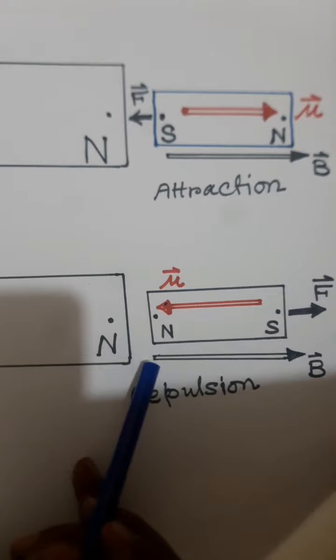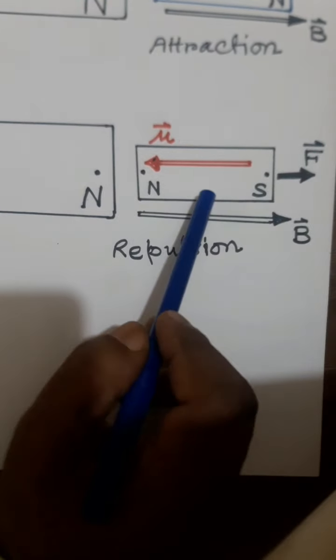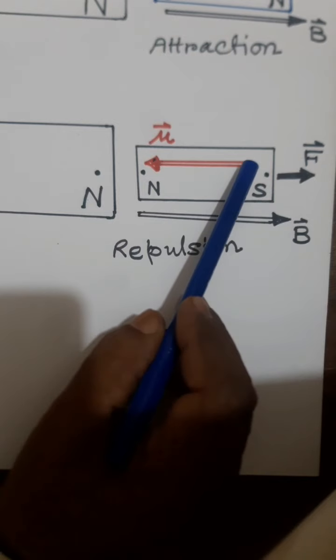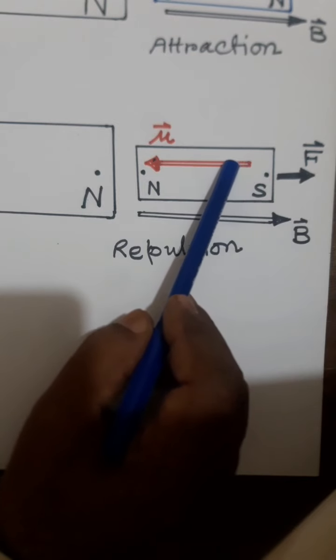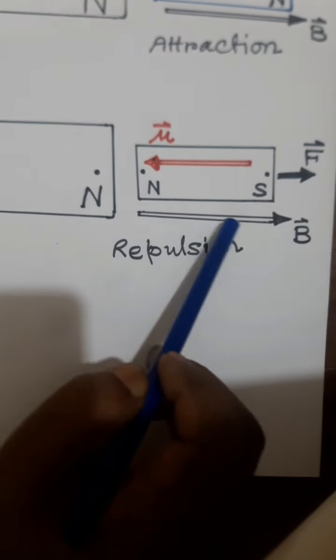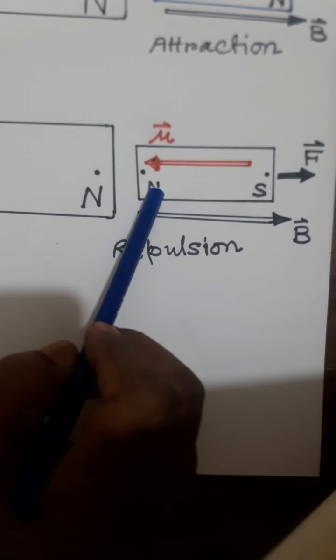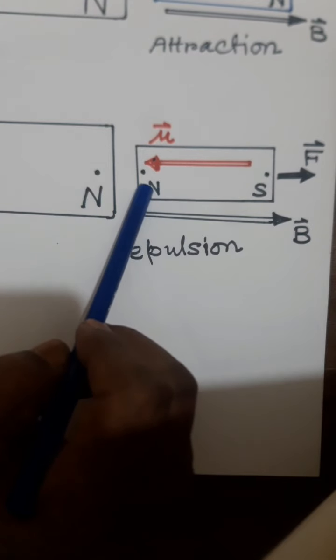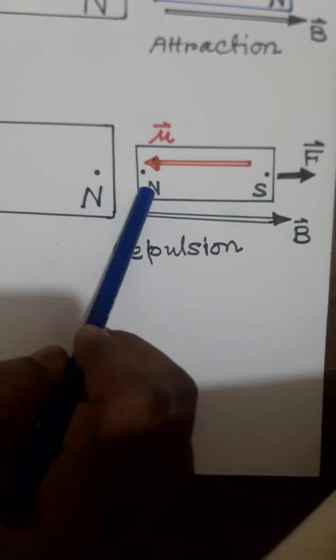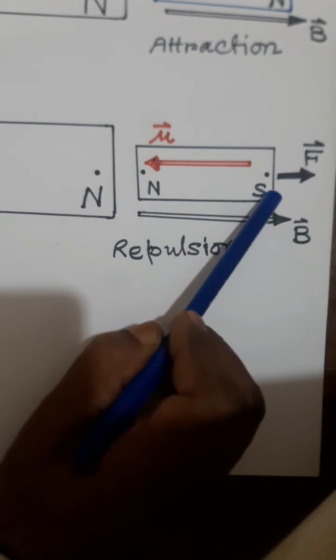Whereas in the second figure, if the induced magnetic moment created is opposite to the applied field, then similar pole will be created at the near end and opposite pole will be created at the far end,